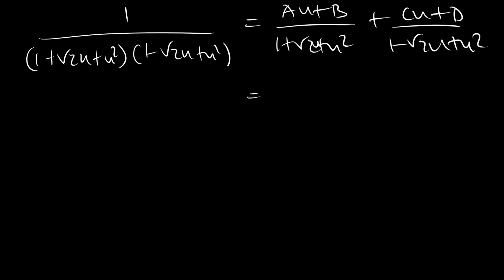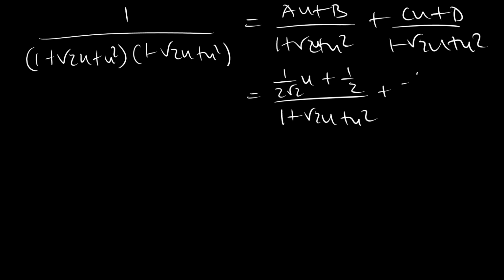This is the same as (1 over 2 root 2)u plus a half over 1 plus root 2u plus u squared, plus negative 1 over 2 root 2 u plus a half over 1 minus root 2u plus u squared. And we can